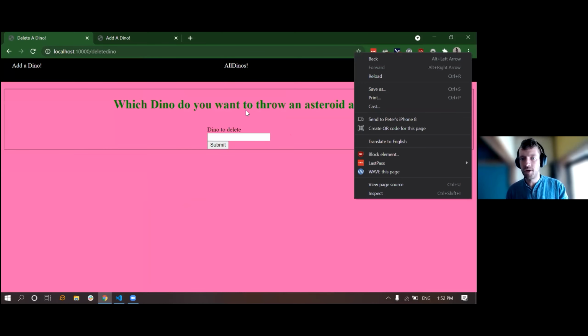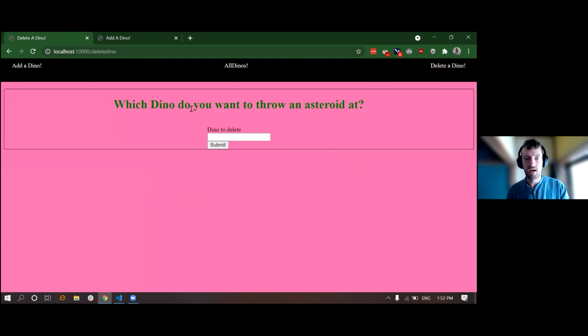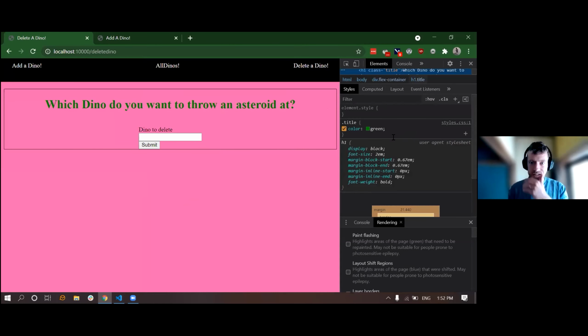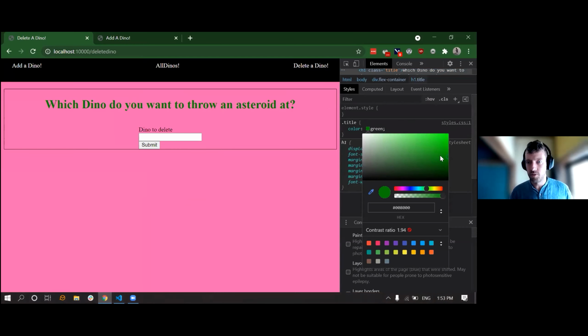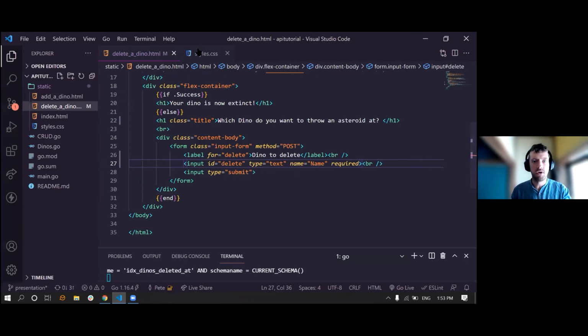So we open up, let's inspect actually this element, the header here. And we can see that it's color green. If we click the color, we bring up this cool color box, and we can see that the contrast ratio is 1.94, which is not so good. And we want to aim for 4.5. So let's go ahead and just click around, try and find one that's 4.5 and still looks good. Yeah, I like that color. That's great. So I'll grab this hex and quick change the CSS, and we'll have no problem